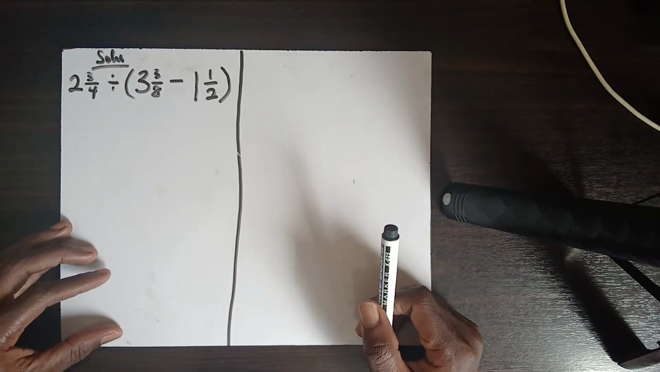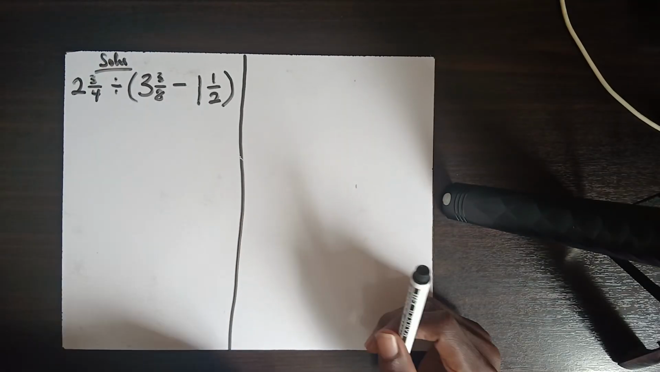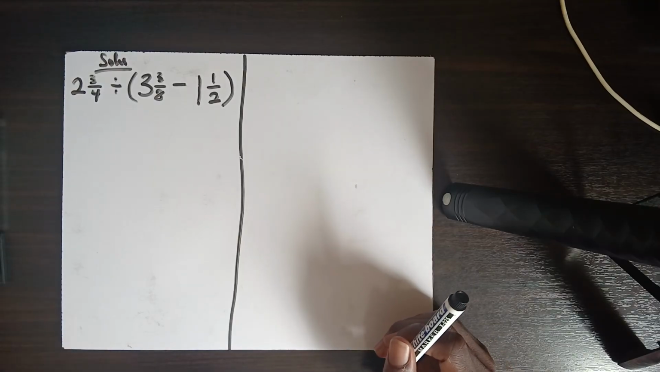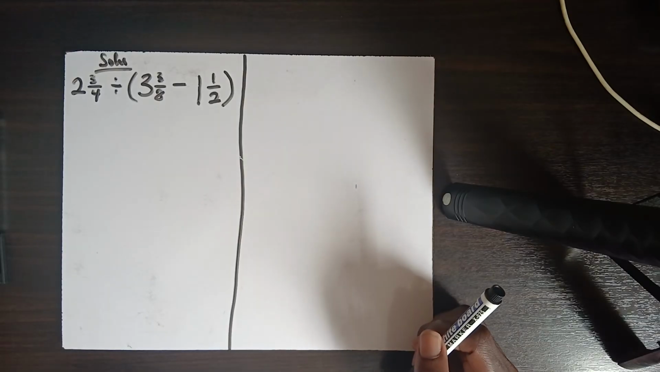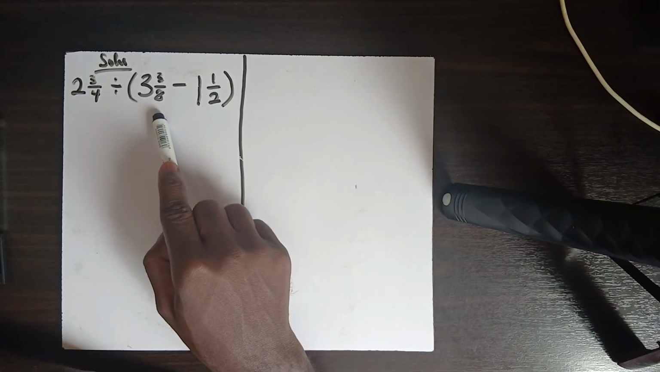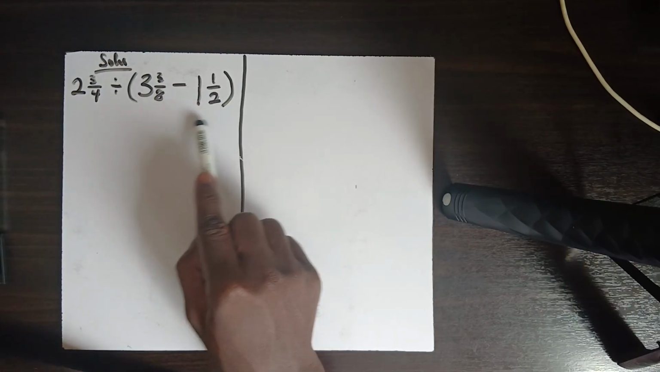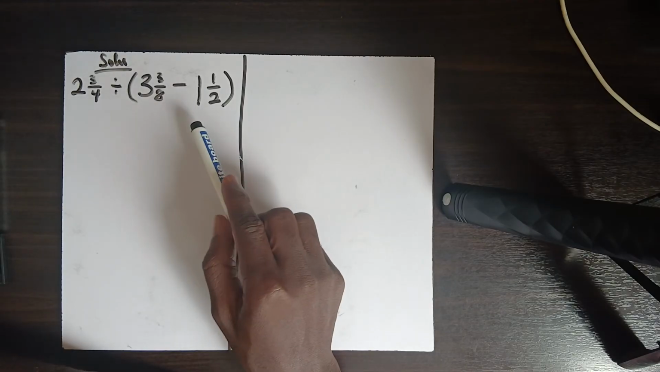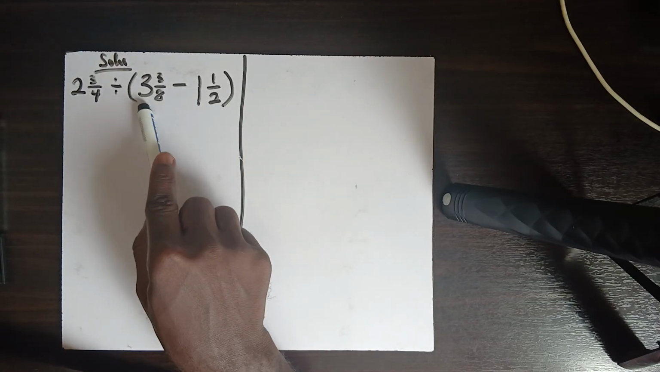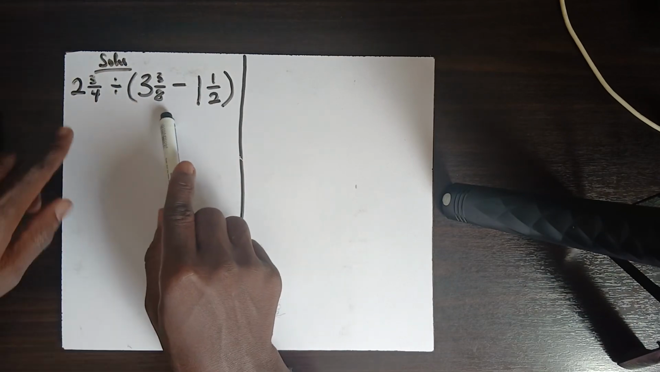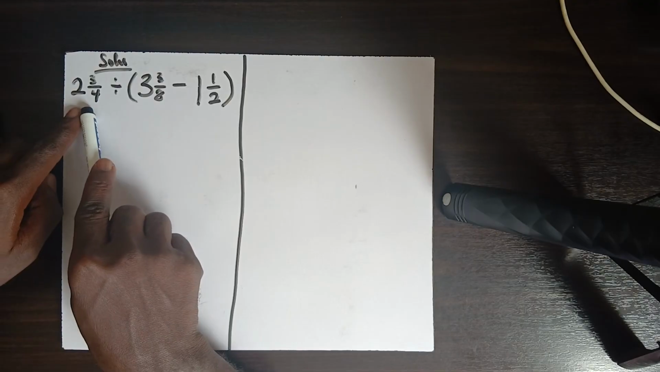So this question says that simplify 2 whole number 3 over 4 divided by 3 whole number 3 over 8 minus 1 whole number 1 over 2. And we can see that this 3 whole number 3 over 8 minus 1 whole number 1 over 2 is inside of a bracket. So we need to apply BODMAS here. That is, we would have to solve what is inside the bracket before we solve what is outside of the